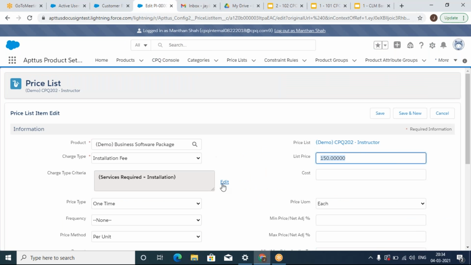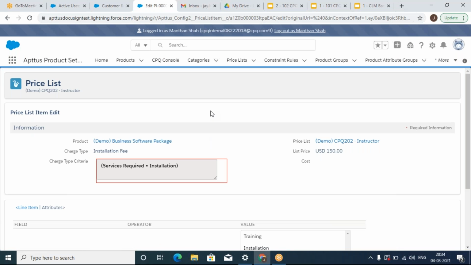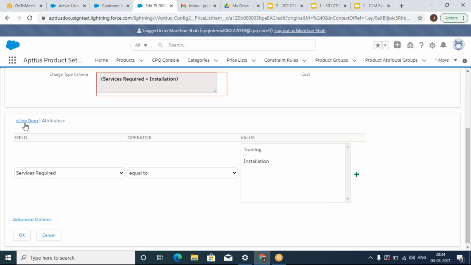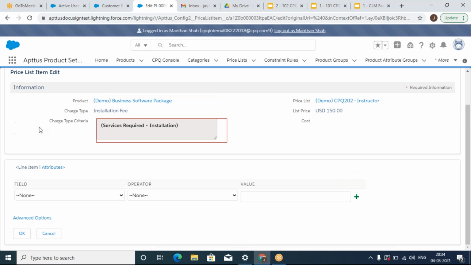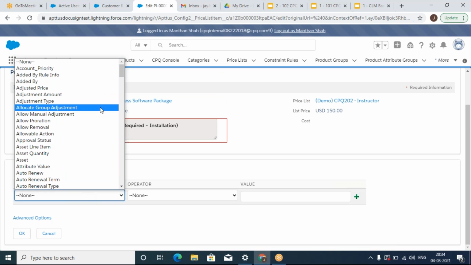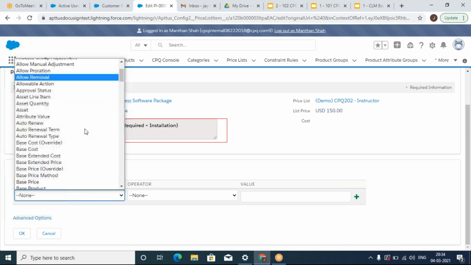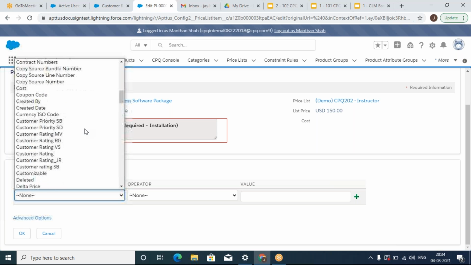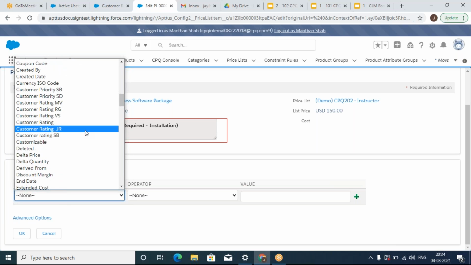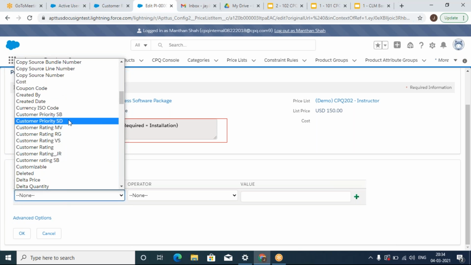So if you see, if I click on edit, so attribute and line item. In the line item, I will see all the fields which are on the line item object. So again, this is also